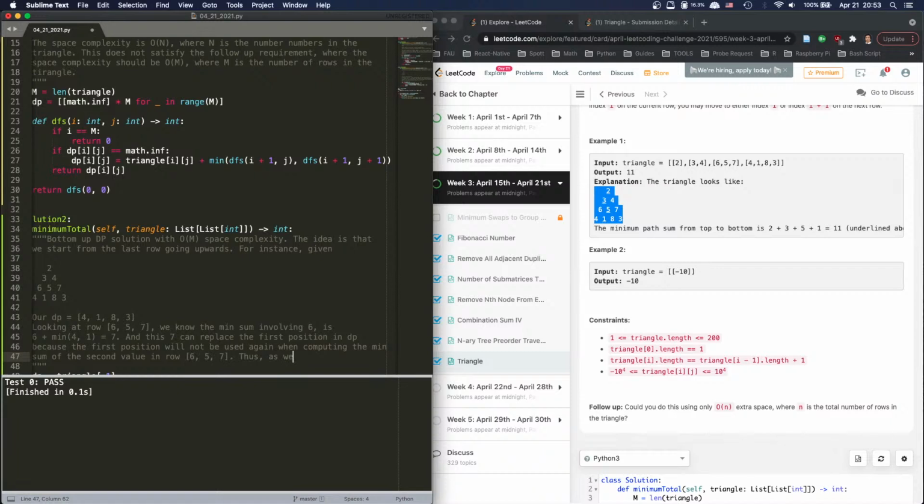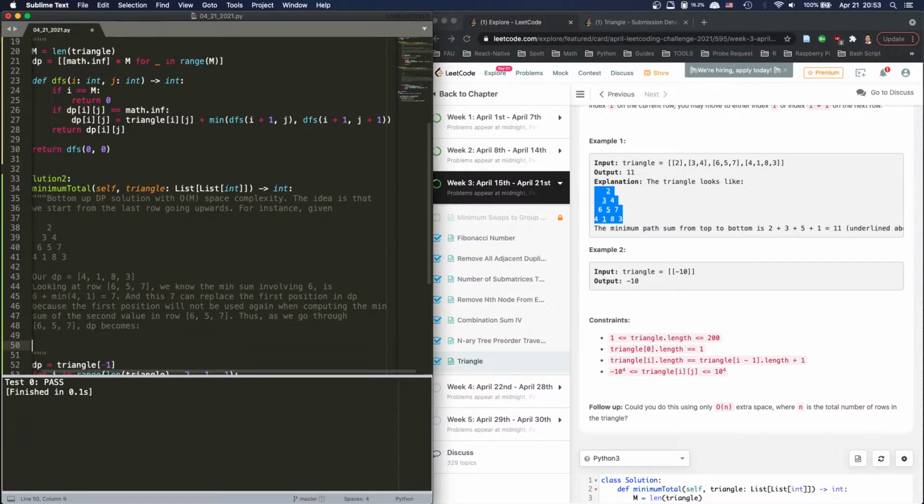Thus, as we go through 6 5 7, dp becomes 7 1 8 3,